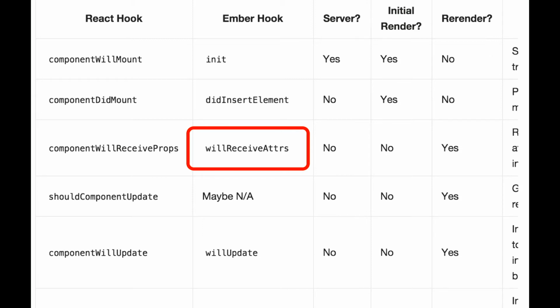So this will allow you to basically respond to those attribute changes. And if your component, usually like a jQuery plugin or something, needs to change based on what those values are, you can redo that in this lifecycle hook. Before, you had to set up an observer or something to do that, and if you do that, you owe Stefan Penner $10